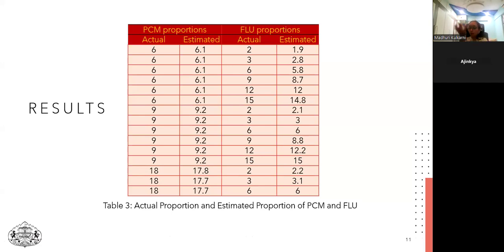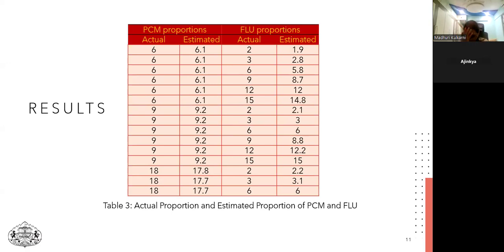Now you might wonder, how did I decide which feature selection I have used? Here comes more information which I would like to share with you. These numbers definitely look impressive. For example, for flu, the numbers are so accurate. See, 2, I am predicting as 2.13. Here I have predicted correct. So the model's accuracy was almost